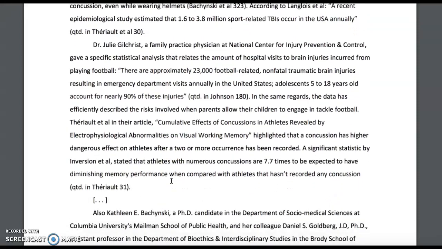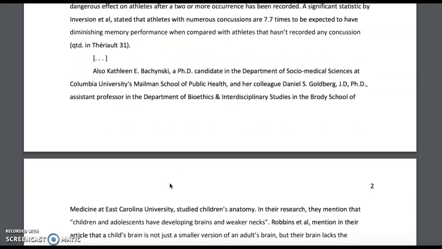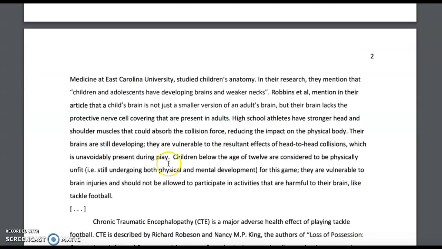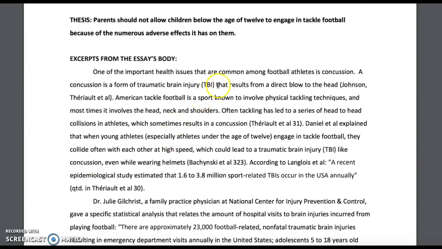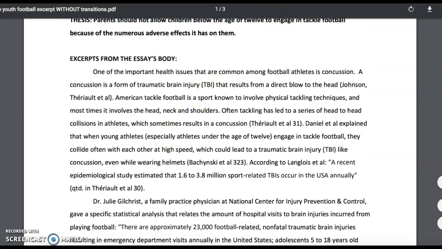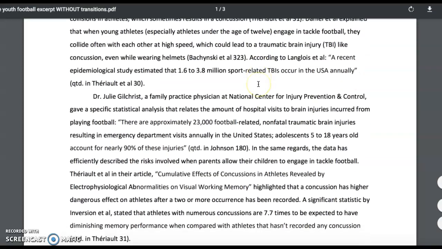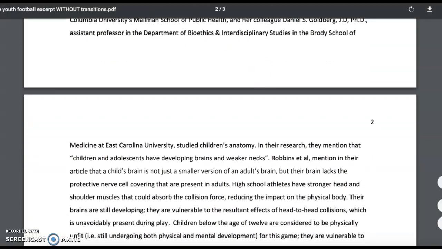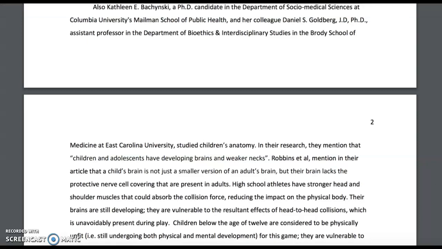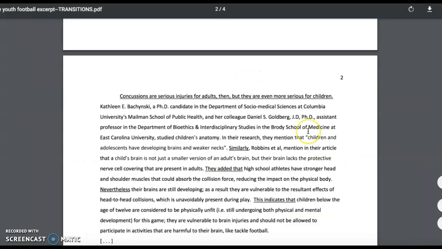And it's good information, but it's a lot to take in. So take a look at that and read that over when you have more time and get a sense of that, okay? And now I want to look at how the student used transitions and connective tissue to hold these